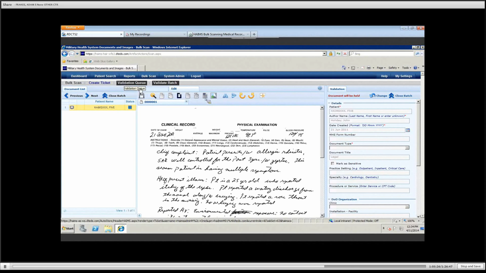The next icon over is your invert your text. If the document was scanned in as a color document and you did not need to upload it into HAIMS as color, this icon will allow you to turn it back to black and white. Here I can flip pages horizontally, vertically, and of course I can rotate. So I'm going to rotate this just to demonstrate. So if I click rotate clockwise,